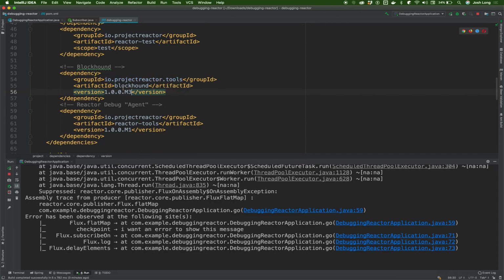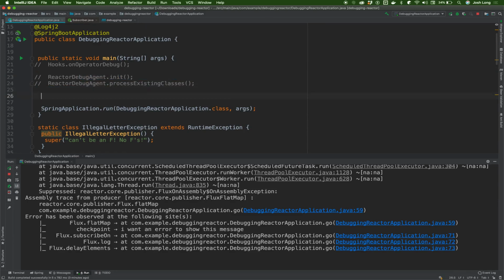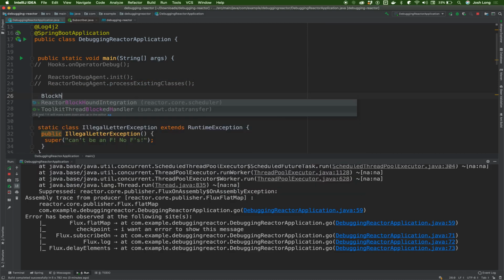And you bring that in by just saying BlockHound.install. So here I'm going to, actually it doesn't matter, I guess. I suppose that's probably fine, but for now keep it simple. One less thing to look at. Blockhound